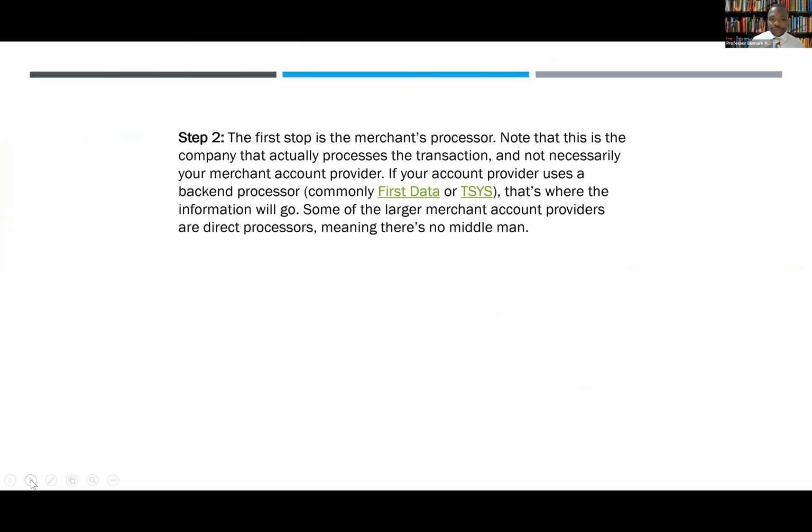In step number two, the first stop is the merchant's processor. Note that this is not the company actually processing the transaction and not necessarily the merchant account provider. If your account provider uses a backend processor, that's where the information will go. Some of the larger merchant account providers have a direct processor, meaning that there's no middle man. So the processor now, remember, sometimes people use merchant interchangeably, but here it's important to know that there's a merchant processor